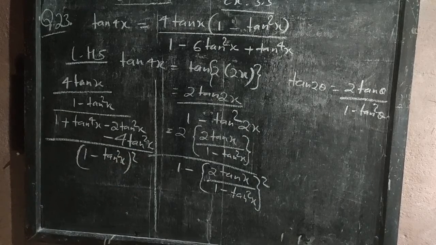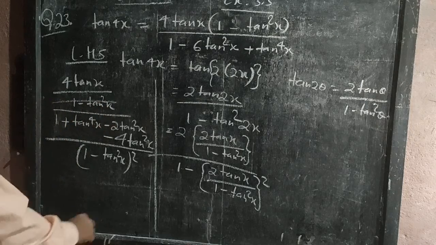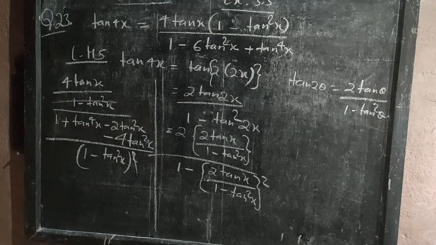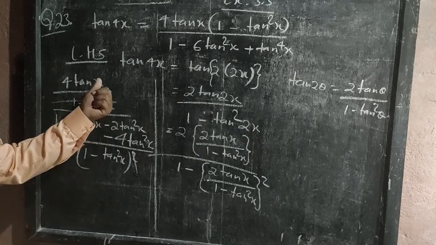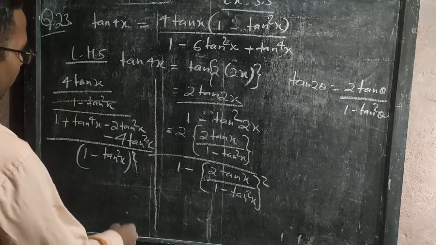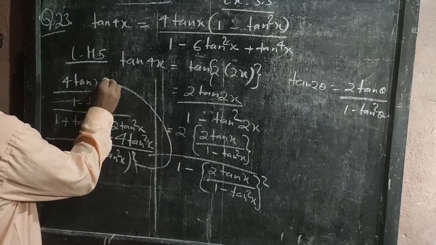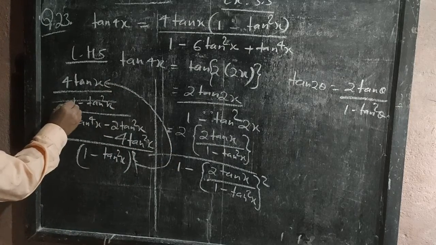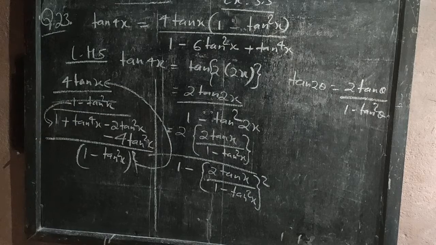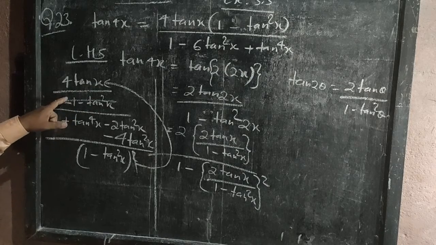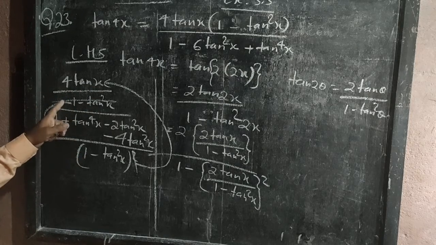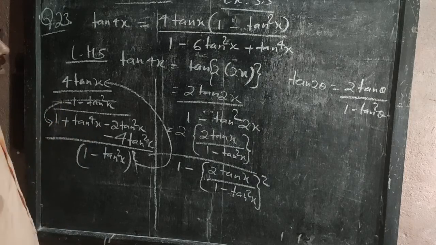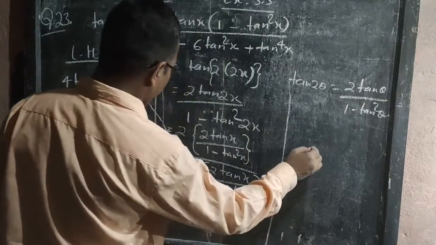So now students, what can we do here? Something we can correct here. 1 minus tan square x and this whole square can be cancelled. And this thing will multiply with this one, because we have learned this fourth term will multiply with this first term, and this second term will multiply with the third term. So first, second, third, fourth. This fourth term is there, no? So the last one will multiply with this first one, and the second one will multiply with this one. There is no second term, so it will remain the same. So just we are taking it at this place.